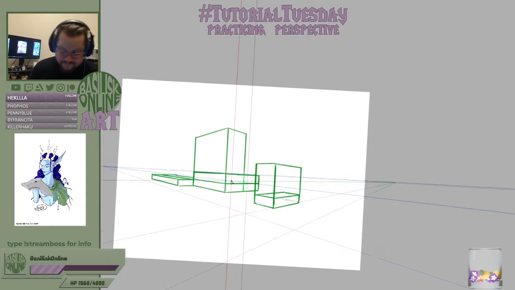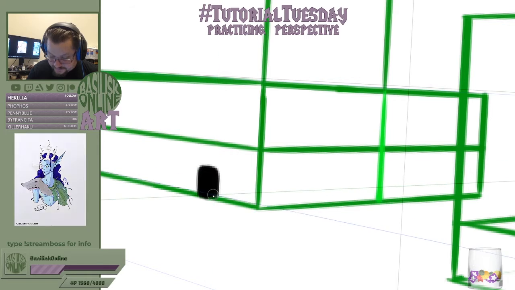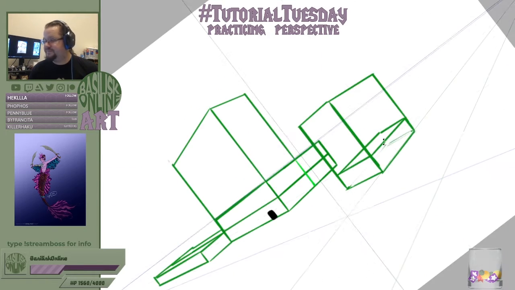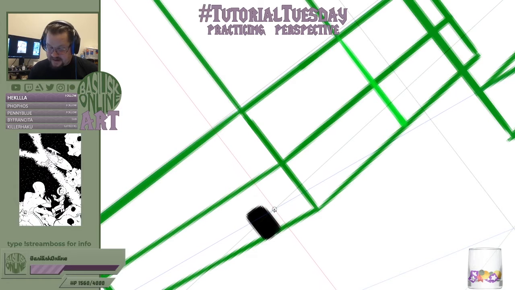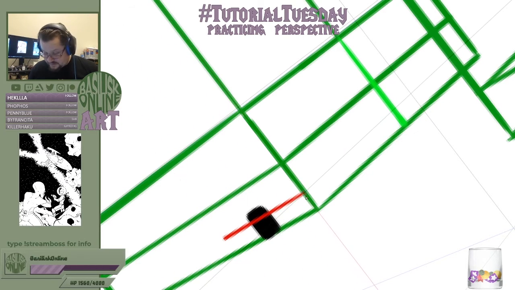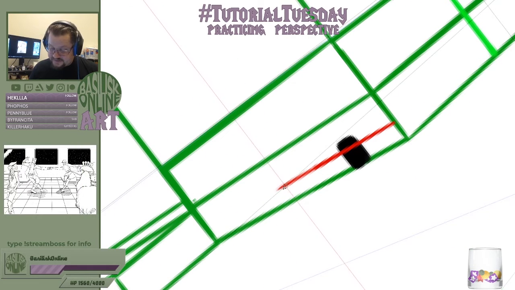So let's say we put a door in here, right? We got a little door going on. And then we decide to say, okay, that's a door. So what eyes? I'm tallish, so let's see, probably about there. So that's going to be the eye line for all of these buildings. We know that if someone is about,